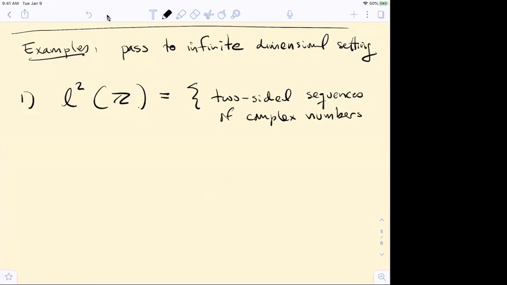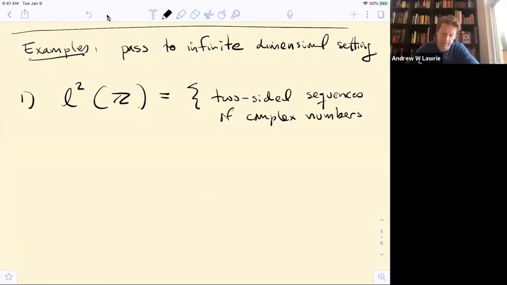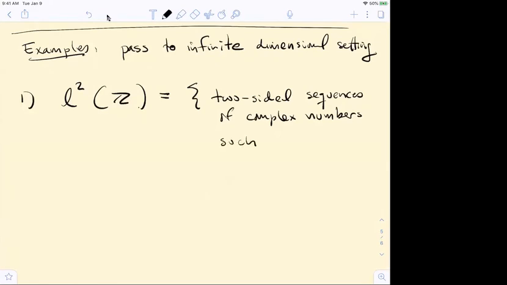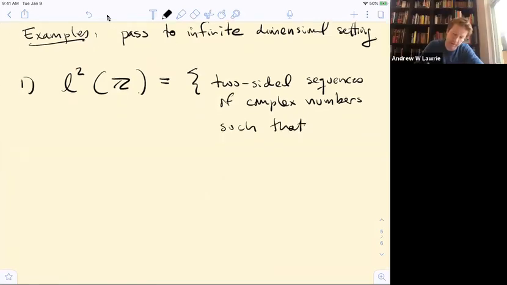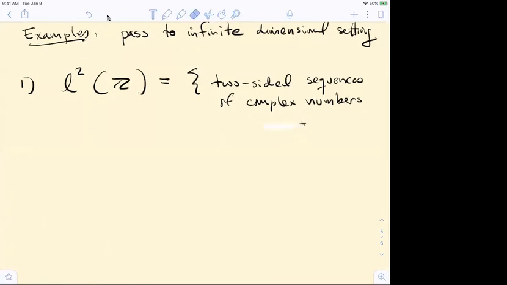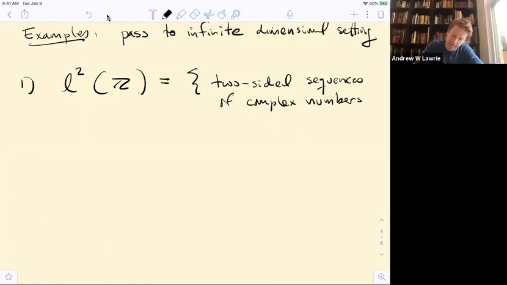I have a quick question for you. Yes. So what do you mean by two-sided sequence? Let me write those down. Oh, okay, cool. I didn't know if you were going to get to that or not. Thank you. Yes. Maybe let me.